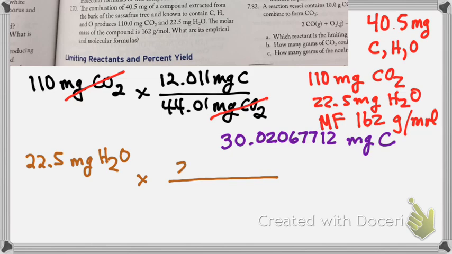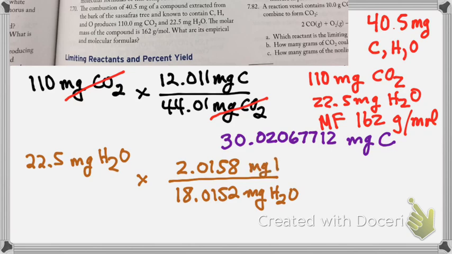So that is 2.0158 divided by 18.0152. This is milligrams of H2O. This is milligrams of H. Again, the milligrams of H2O cancels. And when I simplify this expression,